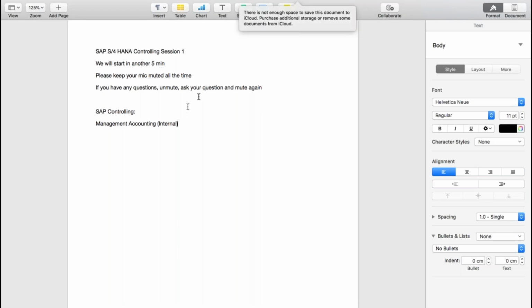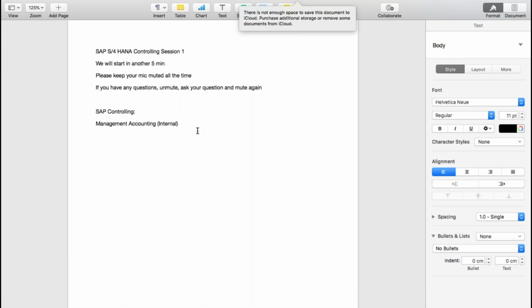Now, just consider the example. You have a company. Let's take an example of a manufacturing company here. Let's say our client is a manufacturing company and they are implementing SAP. Now, being a manufacturing company, there are some legal requirements that you need to report in a particular format.